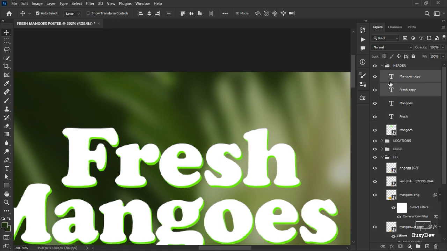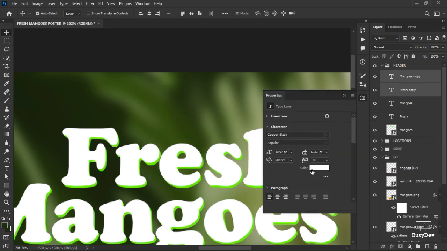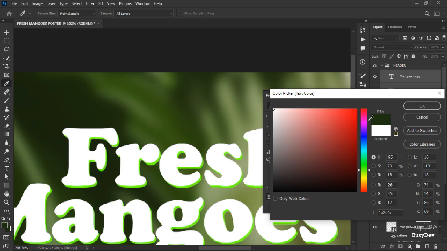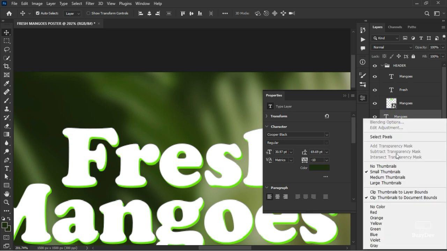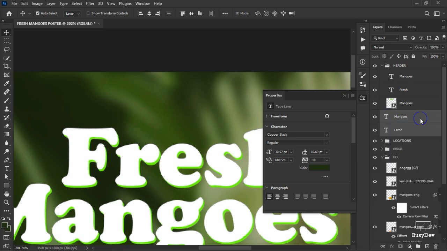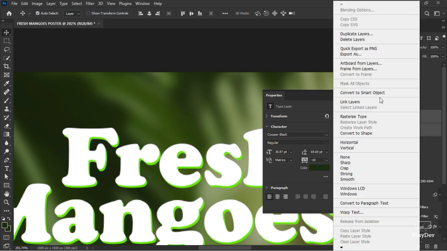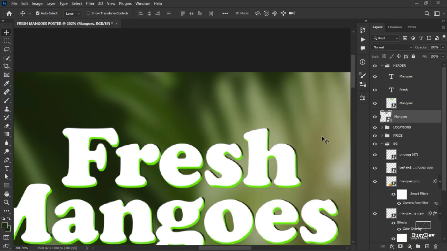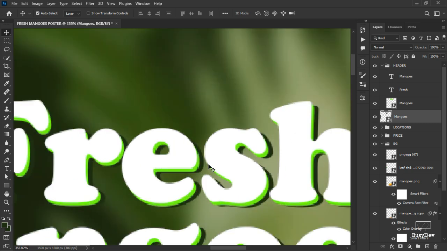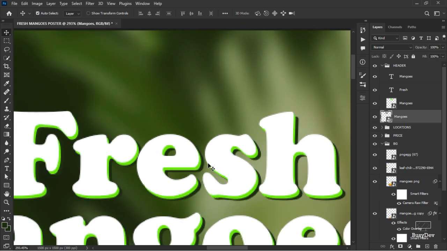Good. So we'll create another one. Ctrl J. We change the color to the deeper version of the green, and then we bring this down, and then we convert this one to a smart object. When we convert to a smart object, we use our arrow keys to position it very well. So at the end of the day,